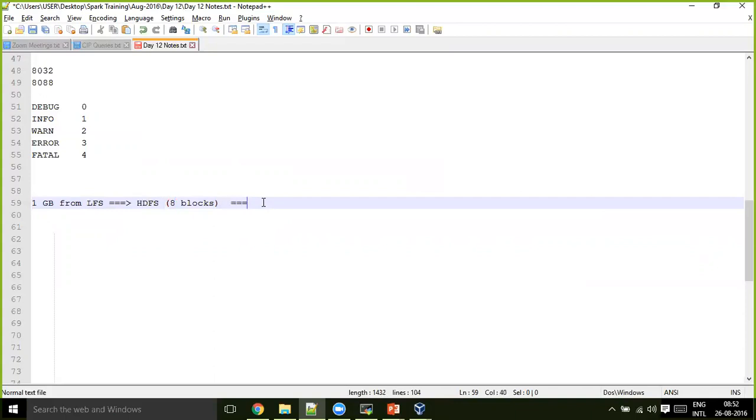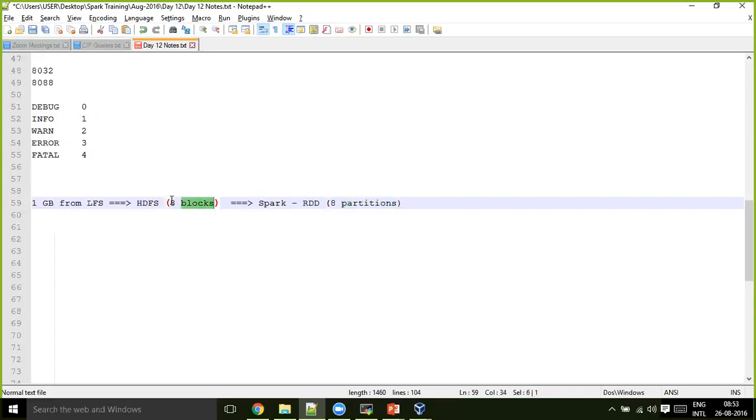And if you load the same file into a Spark RDD, it gets divided into 8 partitions. The file you can correlate with the RDD, and the block you can correlate with partitions.